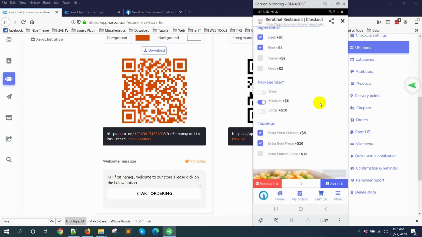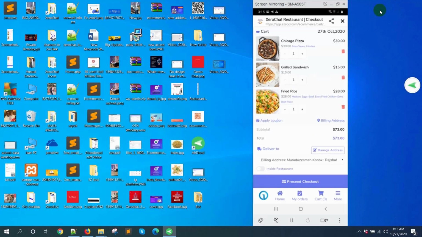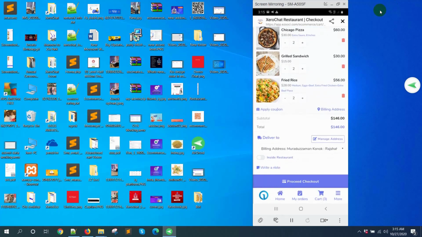Now go to cart, I can increase from here, increase quantity. Here is option to deliver.